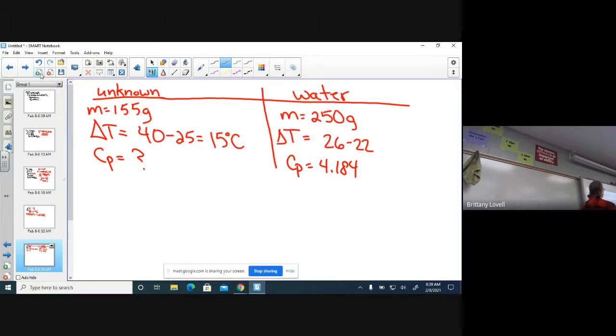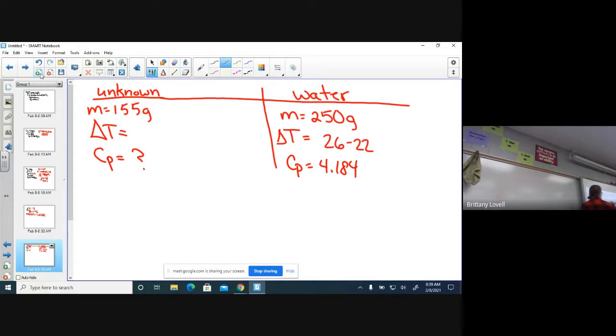The final temperature of the system should be the same on both sides. Because if you drop a hot piece of metal into water, what's going to happen to the hot piece of metal? It should cool down, right? And so I've already got myself screwed up, so I'm going to go back and fix this. The metal was heated from 25 to 40, but when it was dropped into the water, it was 40 degrees Celsius initially. Then it reached the final temperature of the system of water. It's not going to make a huge change, but